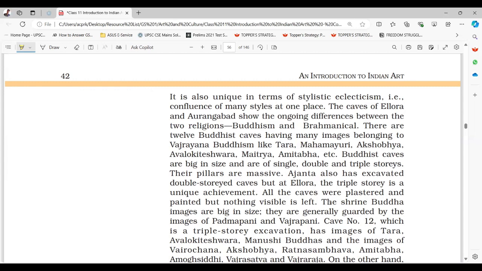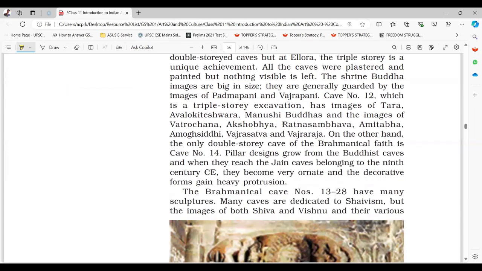All the caves were plastered and painted, but nothing visible is left. The shrine Buddha images are big in size. They are generally guarded by the images of Padmapani and Vajrapani. Cave number 12, which is a triple story excavation, has images of Tara, Avalokiteshvara and Manushi Buddhas,